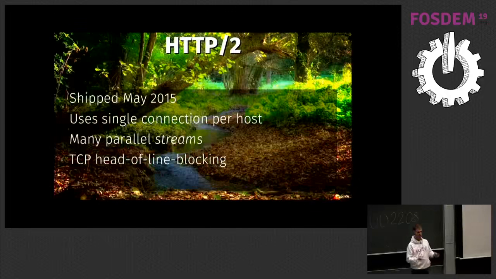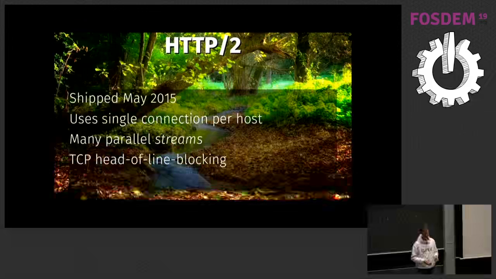Because now we switch everything to 1 connection, right? Doing 100 streams over 1 TCP connection, we lose a little packet in the middle. All streams have to wait until that packet gets resent, and then all 100 streams can continue again. So going into a lossy network with HTTP 2 using 1 connection is really crappy for you. That's the TCP head-of-line blocking.